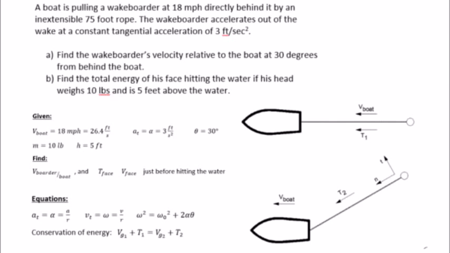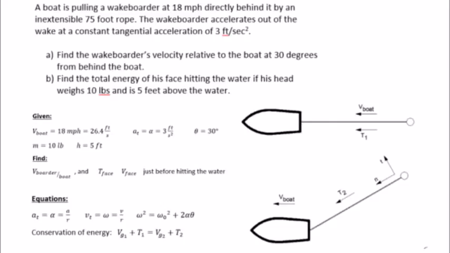In this problem, we have a wakeboarder being towed by a boat at 18 miles per hour by an inextensible 75-foot rope. The wakeboarder accelerates out of the wake at a constant tangential acceleration of 3 feet per second squared. Our goal is to find the wakeboarder's velocity relative to the boat at 30 degrees from behind the boat,